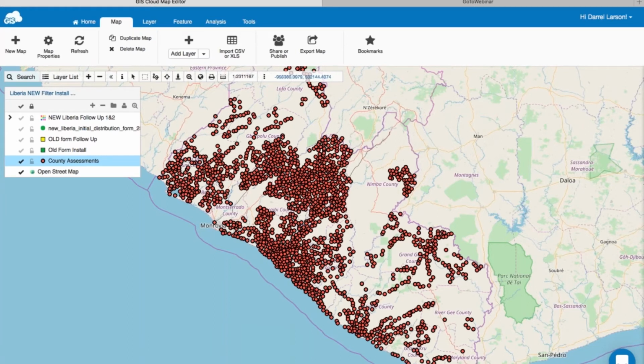So what this layer on this map represents is the county assessments that are going on all over the country. Down in the south here, which is where Grand Cru is, you can see there are lots of open spaces. That's really thick jungle where there's actually no population. In some of these other counties on the southeast side, the same thing occurs. People live along water, rivers, those kinds of things. Then you also see some very heavily populated areas. This is a county called Bong County, where my cursor is.